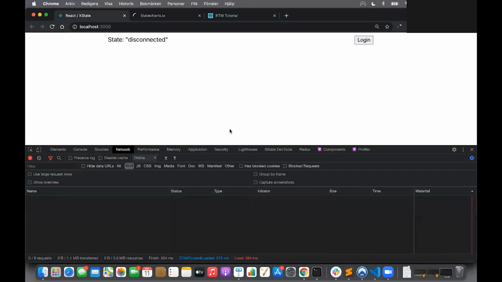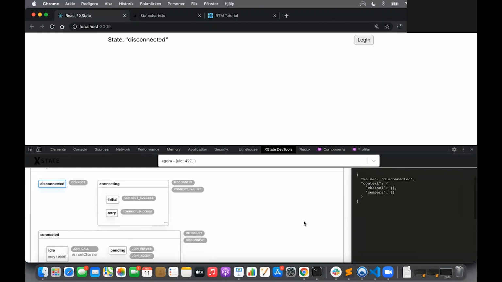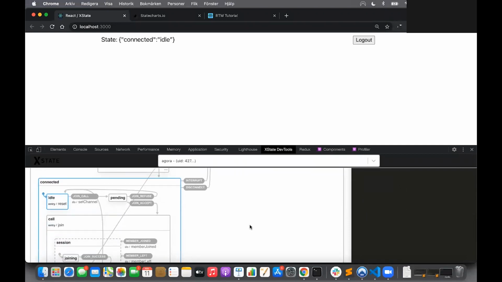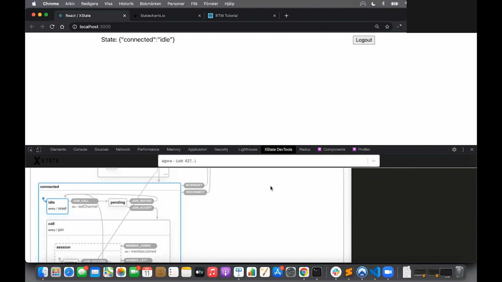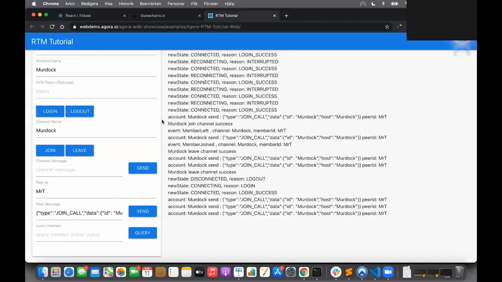So here is our DevTool view. We're in the disconnected state. We log in, and we get all the way to connected. We are now idle, from which we can log out to disconnect entirely, or we can make sure that we receive a call. So here is a sample app that I've used to simulate a host that invites the web client to a call. So I'll send something to invite the client,